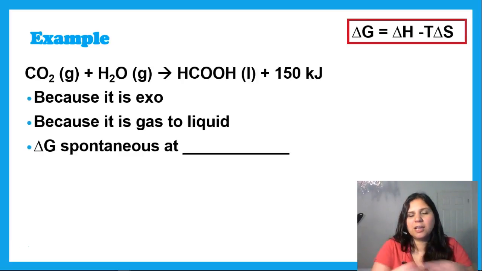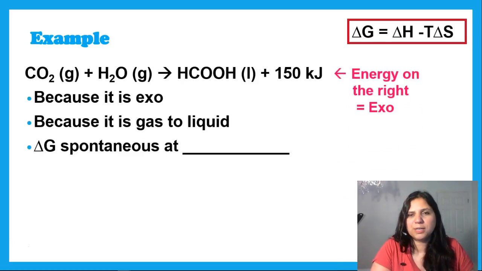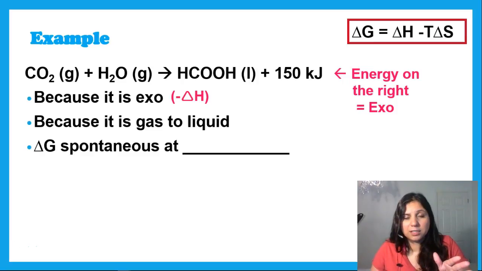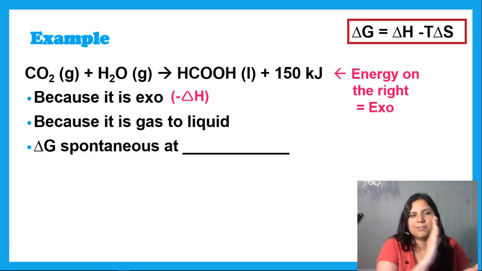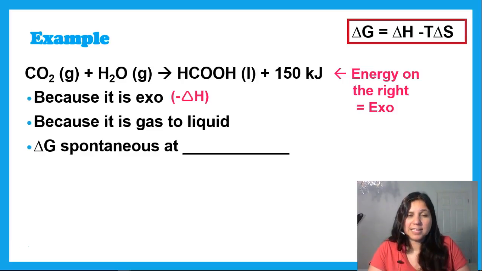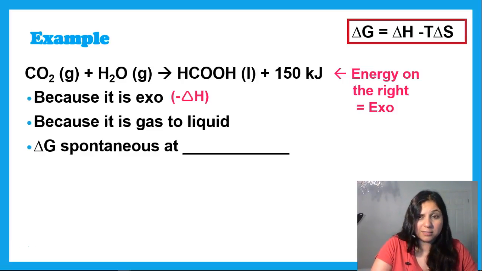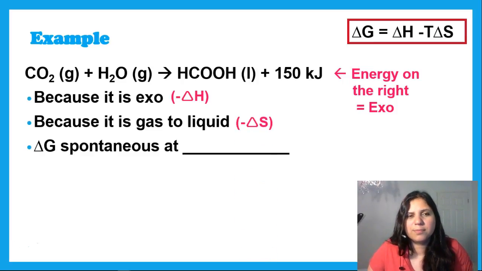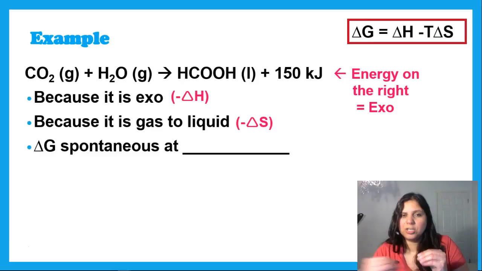So here we have a reaction, and because we have a reaction, there's a couple things that we can see. We can predict the sign of delta H, the sign of delta S, and then the sign of delta G. Okay. So this reaction is exothermic. I know it's exothermic because the energy is on the right side of the arrow, being produced. The product is given off. So delta H is negative. Okay. Second, because gas is turning into liquid. Remember, you look at phase change first. If gas is turning to liquid, then it's becoming less disordered because gases are disordered. Less disordered means a negative change in entropy.